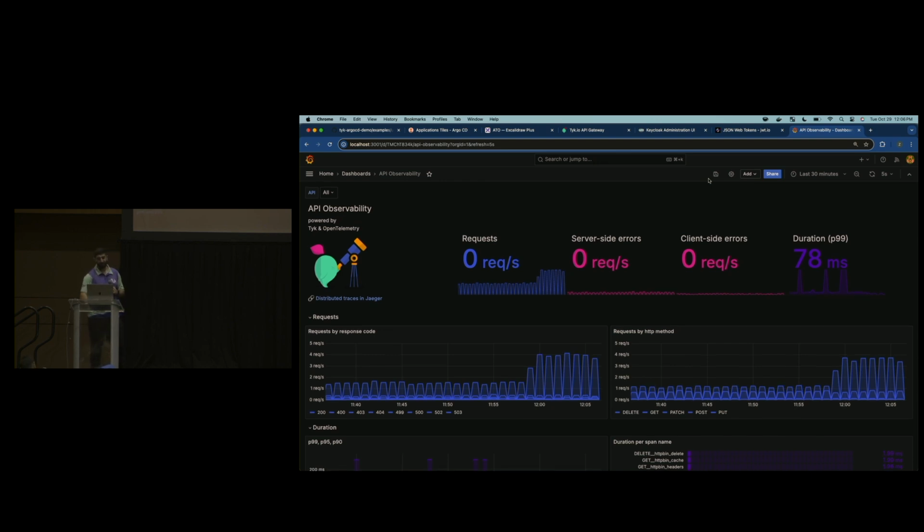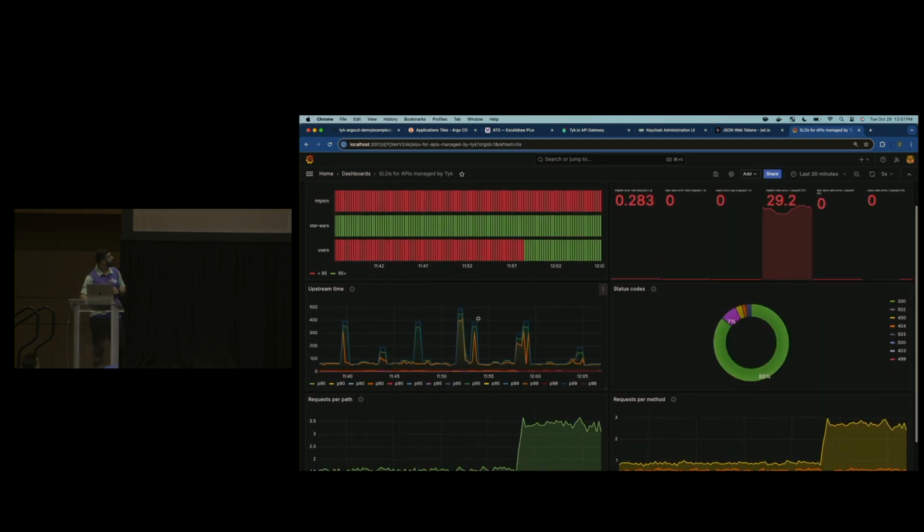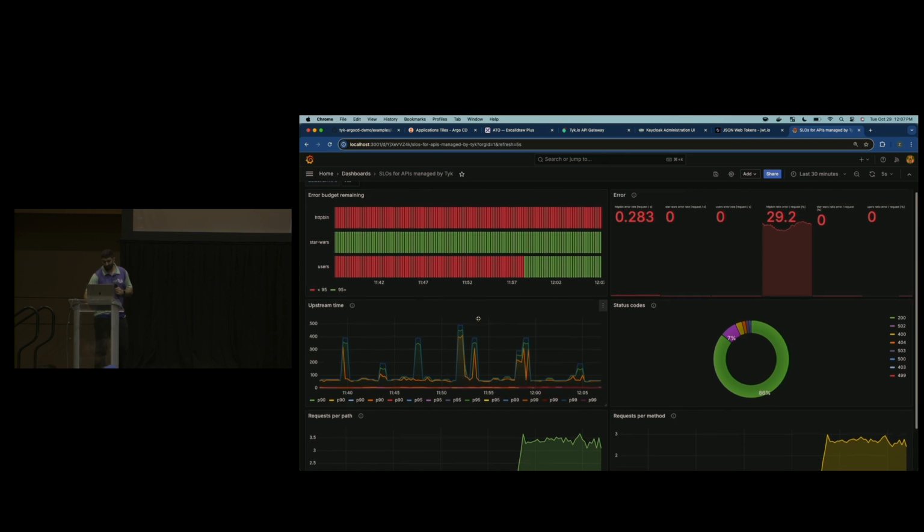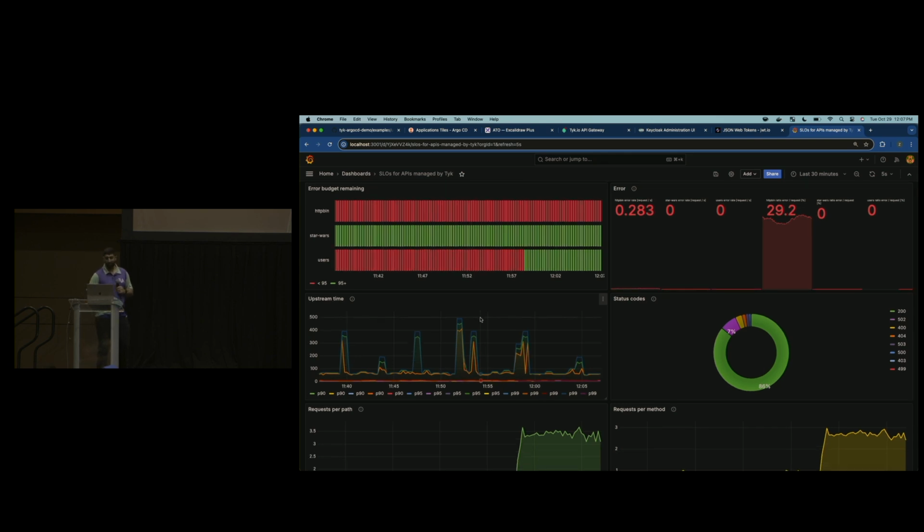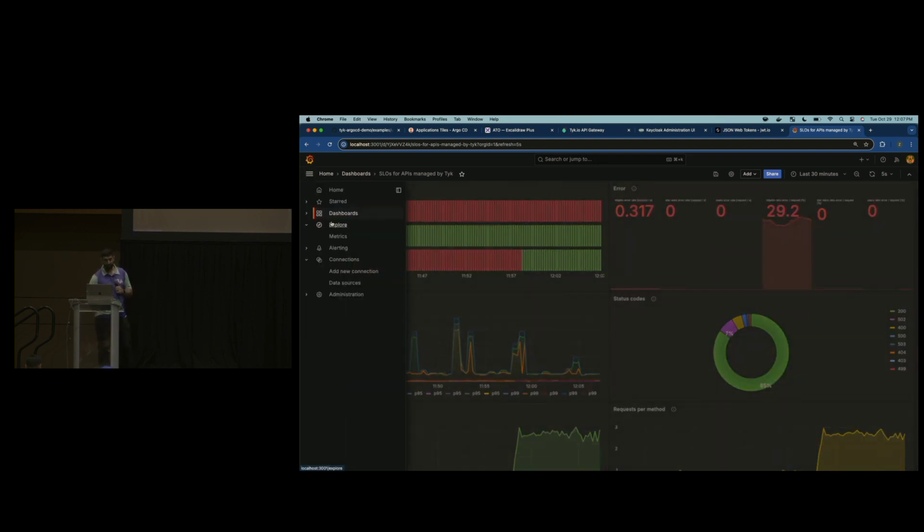But as you can see, there's some metrics here that's actually being shown based on your traces. So based on the traces that are coming back from OpenTelemetry and being collected through Tempo, I'm able to create different dashboards based on that. This is a little bit more visible, but this one is actually based off of your metrics. So this is based off of the metrics that is coming through Prometheus. So you can combine metrics, logs, and traces, and based off of those, you can generate graphs that gives you observability into your system.